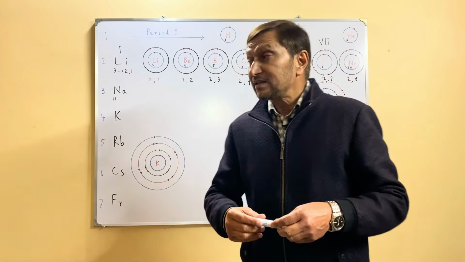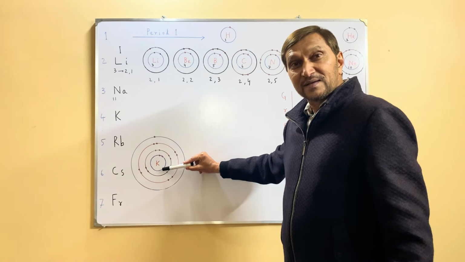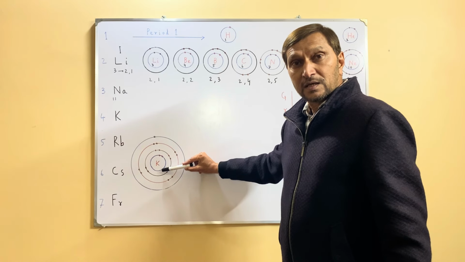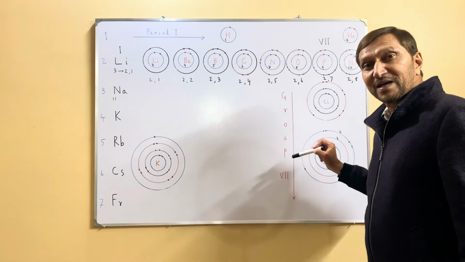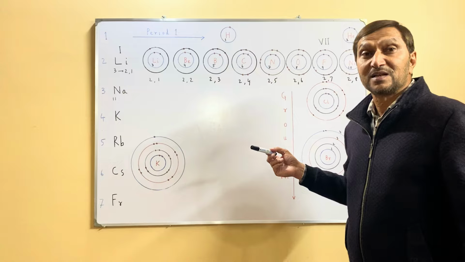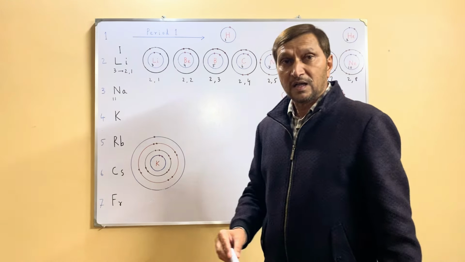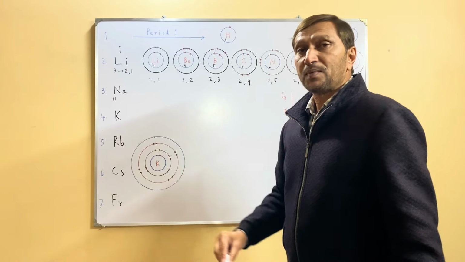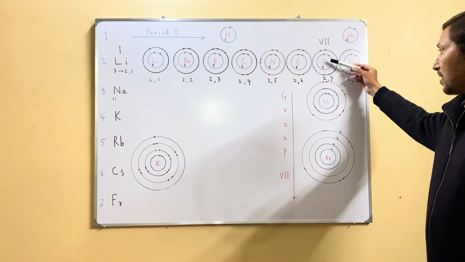So why is it that when we are moving down the group in metals, the reactivity increases, but when we are moving down the group in non-metals, the reactivity decreases? What is the reason behind it? Let me explain. Remember that when we are moving down any group, the vertical columns,